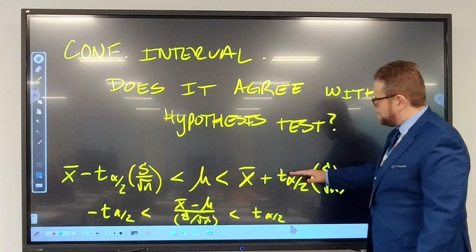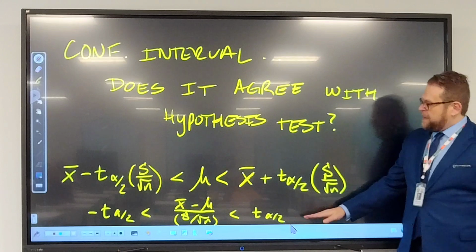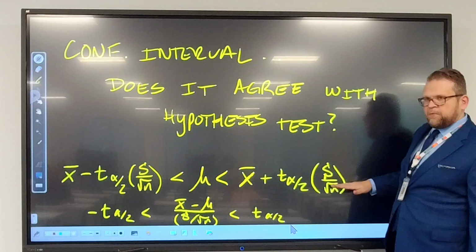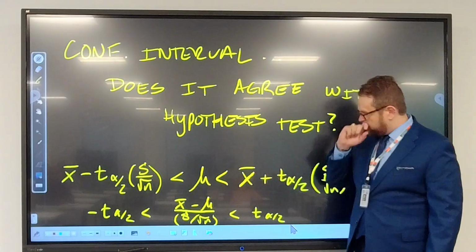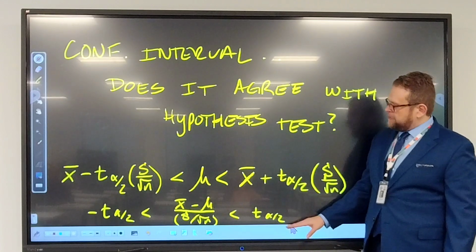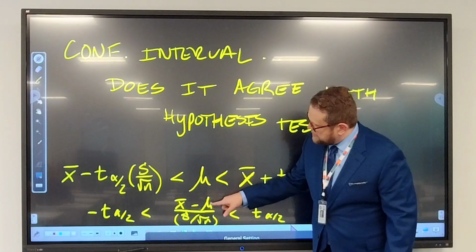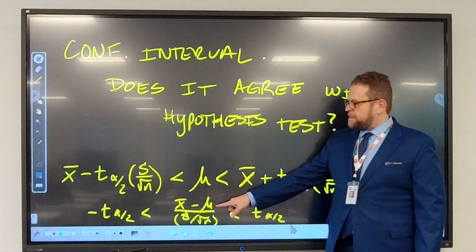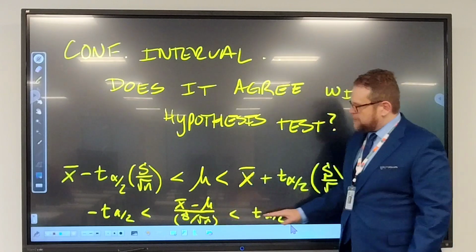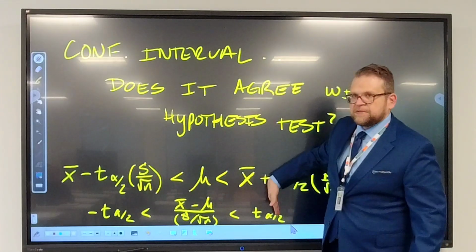This is the connection between the confidence interval and the hypothesis test. In the event that we have some degree of confidence that this statement would be true, that mu really would live in between here. And if nothing changed between here and here, it'd be the same level of confidence. And then all that changed is now somebody has said, suppose that such and such is what mu is. Pretend it's this number. Then, if this statement holds and our test statistic is between these two numbers,